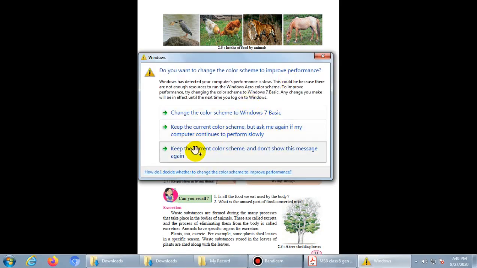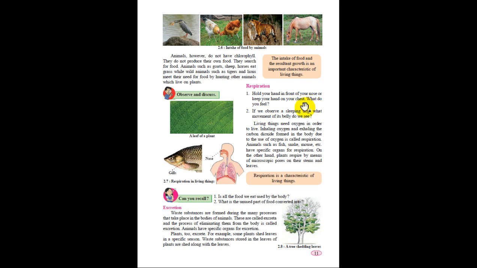And when you put your hand on your chest, you will feel a pumping, like ups and downs, occurring in your chest. So what is this actually? I will tell you later on.